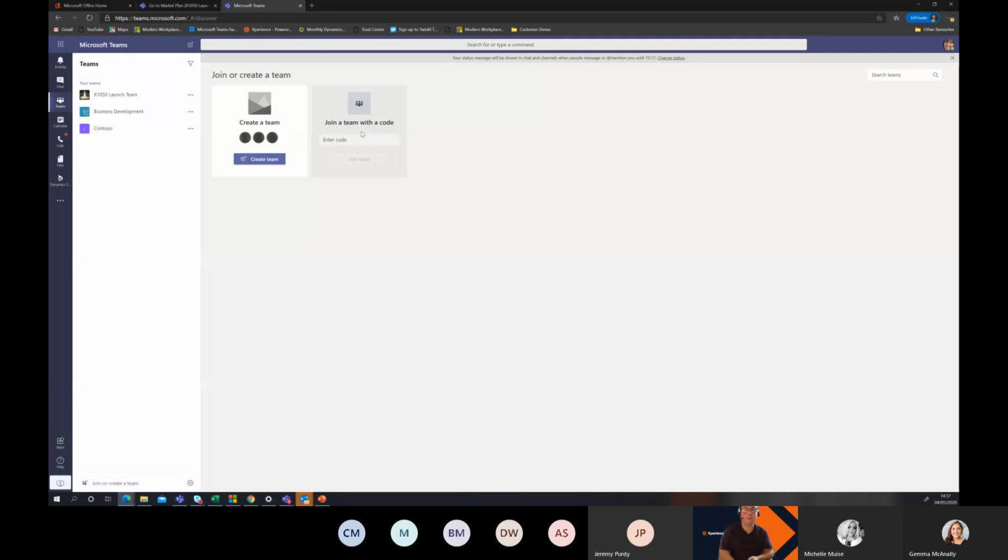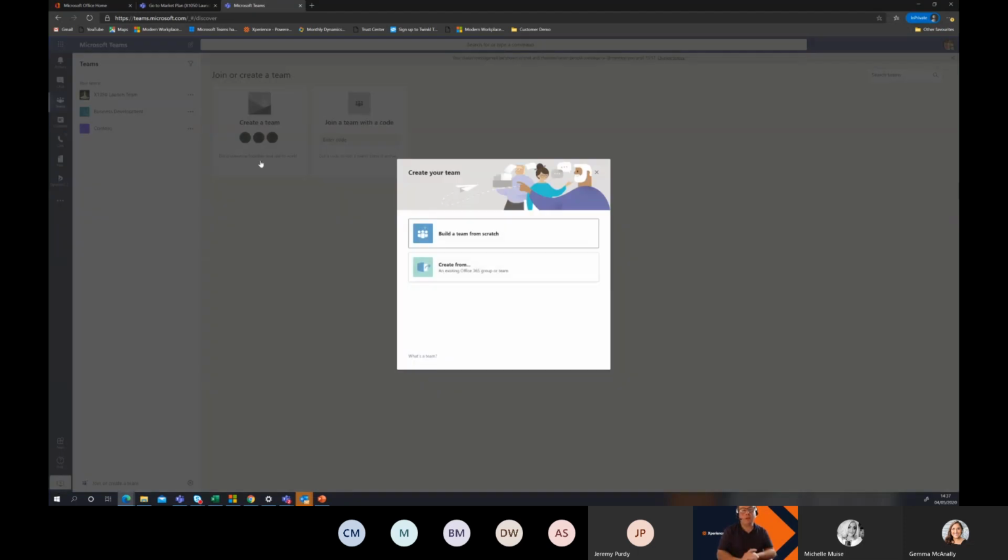That's where a team member could put the code in and ask to join. Okay. But we're a team owner, so we're going to create a team. So if I create a team from scratch, I always get these two options. Exactly that. Build a blank team from scratch, or create a team from an existing team or an existing 365